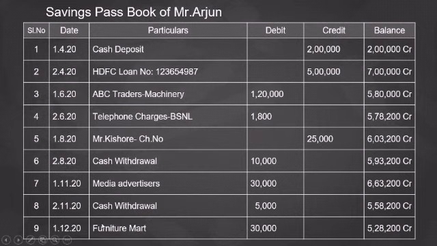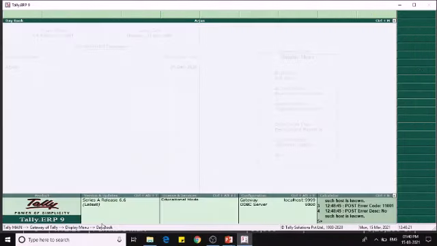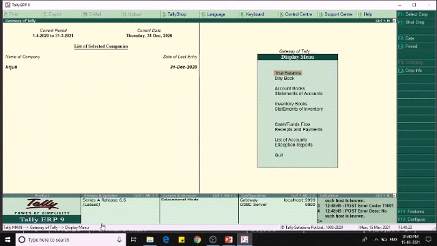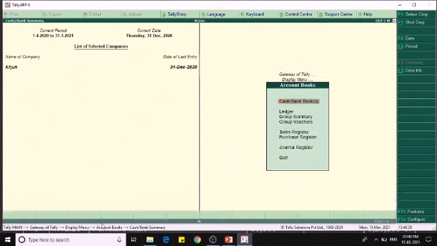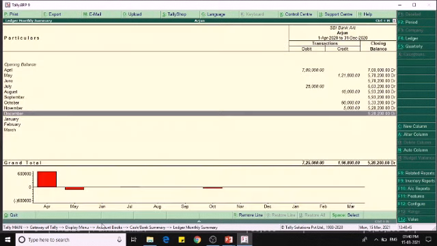Now let us see the BRS. Let us see how to do BRS. For doing the manual BRS, we have to go to display, account books, and then cash book or bank book, and then we have to select the list of banks. That means the name of the bank we are going to do the BRS for.